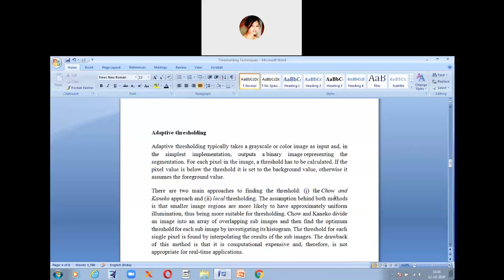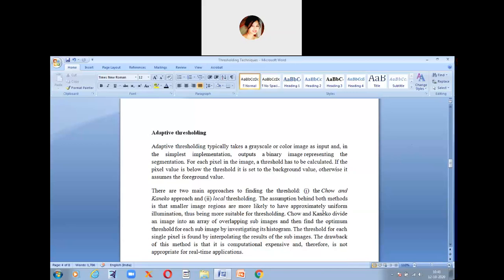You'll find a lot of regions in the image. After performing segmentation, you'll get smaller regions and bigger regions.